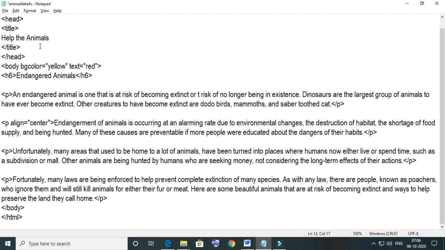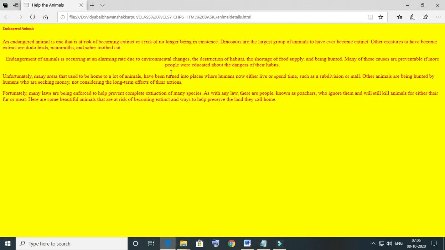So the second paragraph is aligned center. Now again come to Internet Explorer, reload it. See, the second paragraph is aligned center.